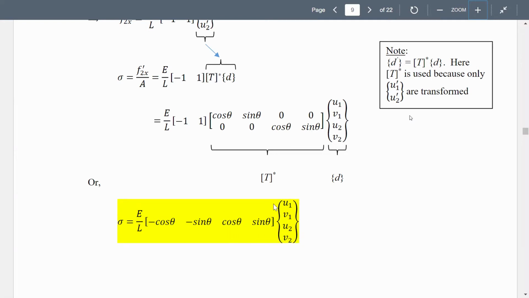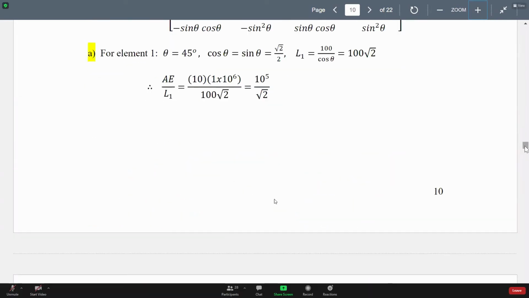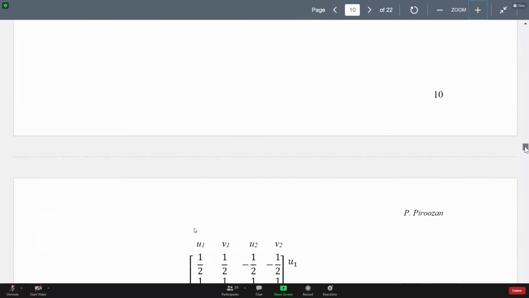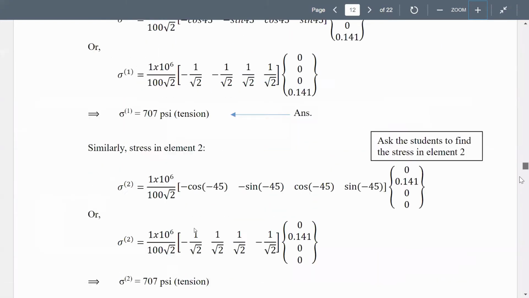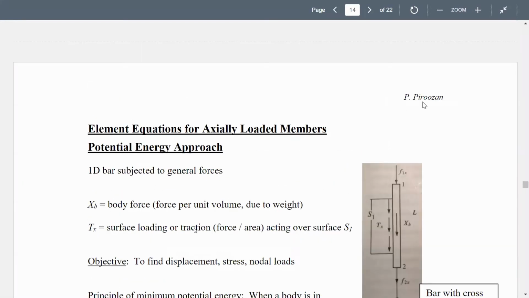These are displacements. Now, we also solved an example problem. We also talked about symmetry in structures. We finished here. So today, let's look at this